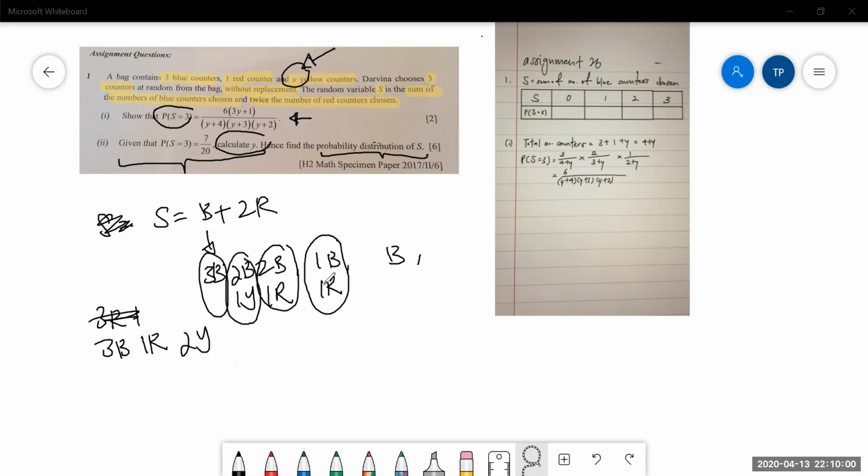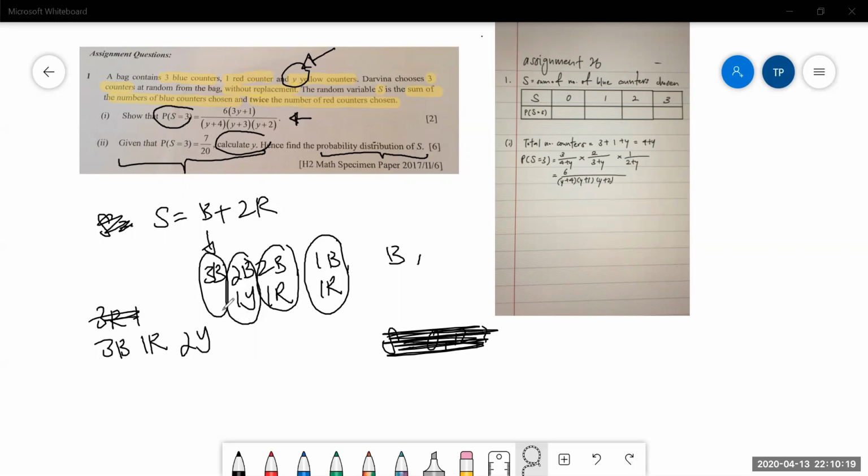All these combinations are like if S is equal to... We don't know what the different values of S are. Usually S can be equal to 0, 1, 2, 3, 4, 5. I don't know what all these values are. That's why I want to find out the different combinations where I can choose the